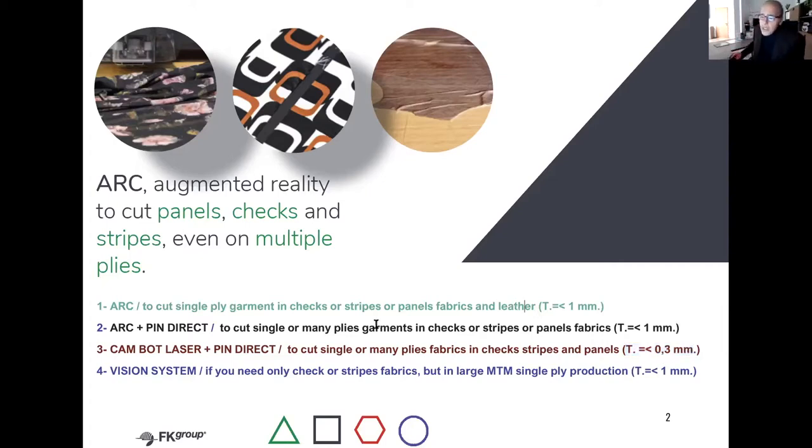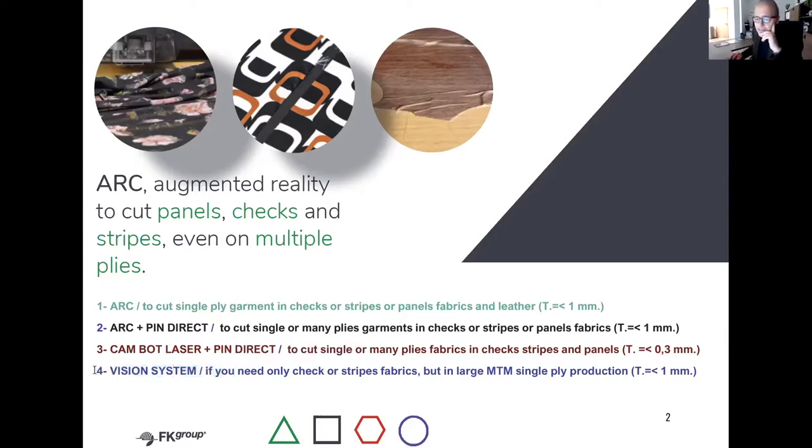Till now, we solved any kinds of problem for companies with single ply, check, stripes, panels, leather. Also, we solve those customers that want a mattress with check and stripe, and panel also. But imagine that there are companies, huge companies, that are producing made to measure.